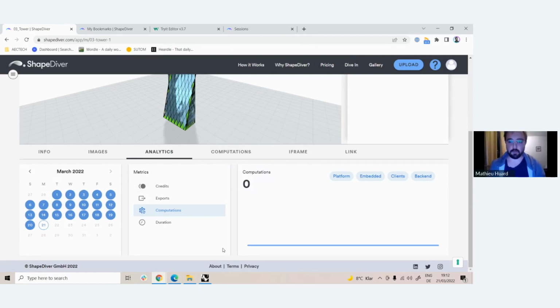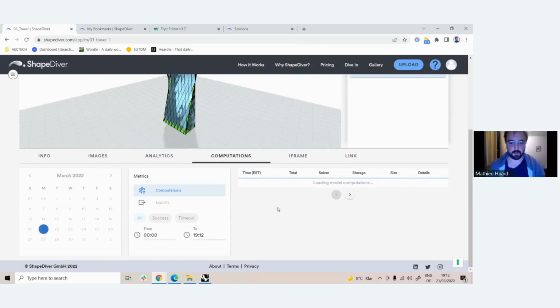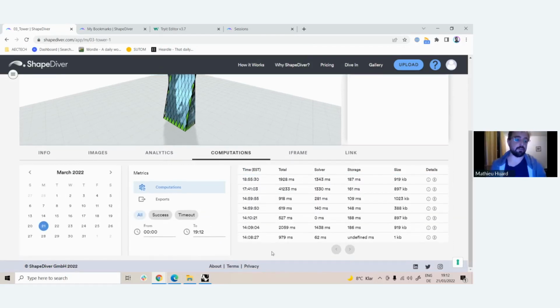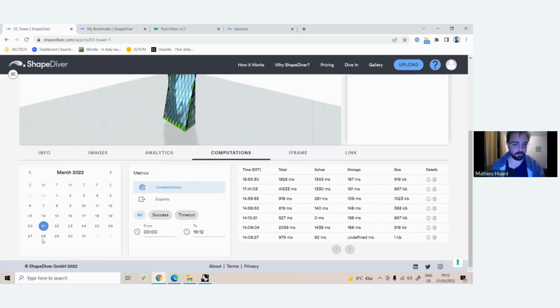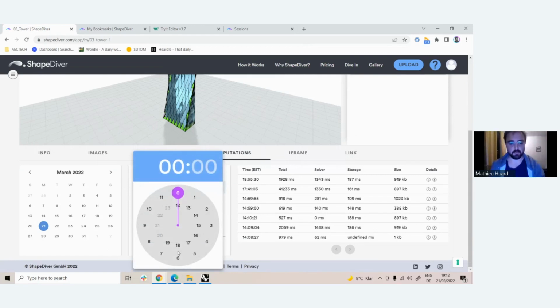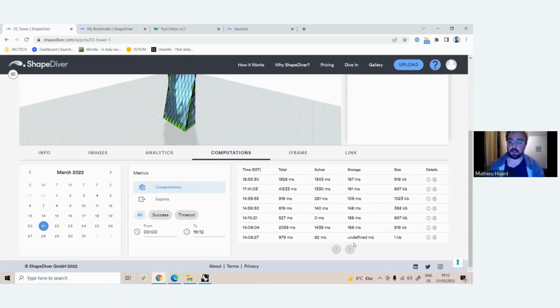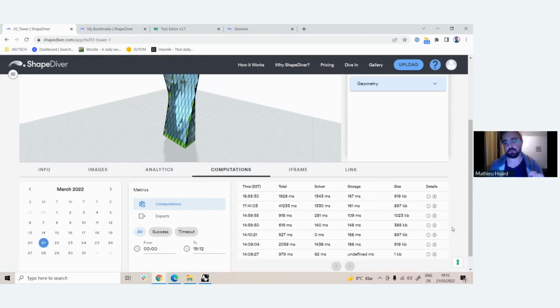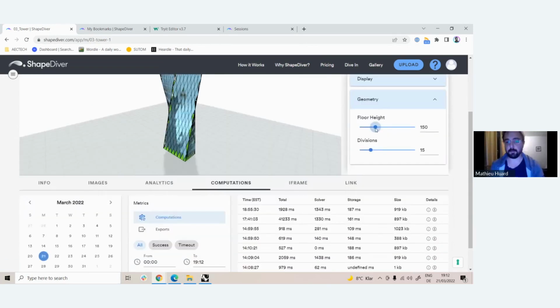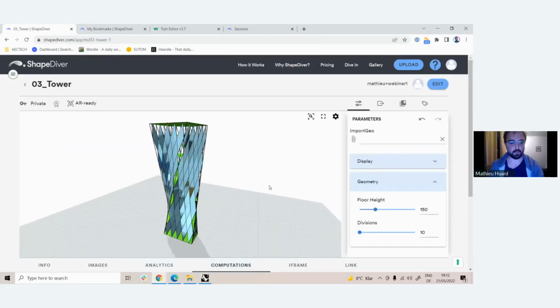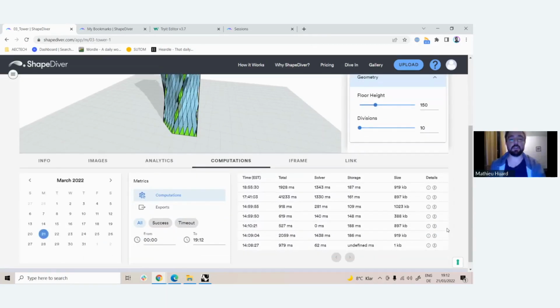Now, what is completely new, on the other hand, is the computations analytics. This is a feature that gives you a complete list, so you can again select a time period. In this case, I uploaded this model today, so I just have the filter set for today, from the beginning of the day to now. And I have a complete list of all the computation requests, so any parameter change, any file imports, anything that I change here. So for example, here, if I change this from 15 to 10 divisions,